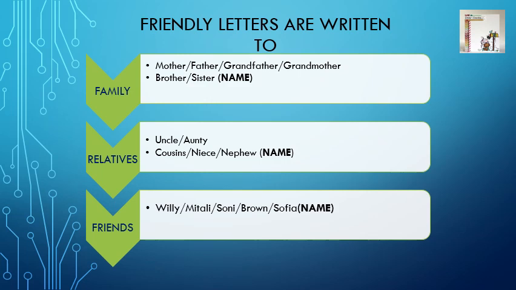As you can see on your screen, against certain people, the name has been written in bold and block. Now these people must be addressed by name in the salutation. Say, for example, you are writing a letter to your brother whose name is Abhishek. So you are supposed to write "My dear Abhishek" and not "My dear brother."